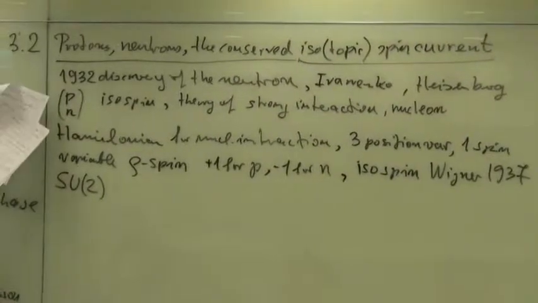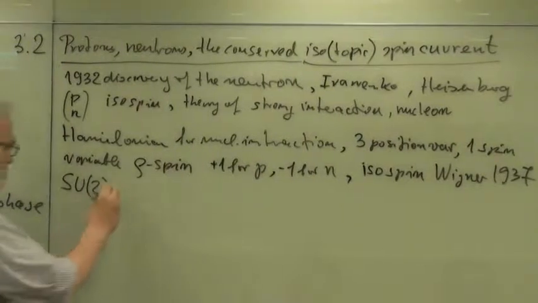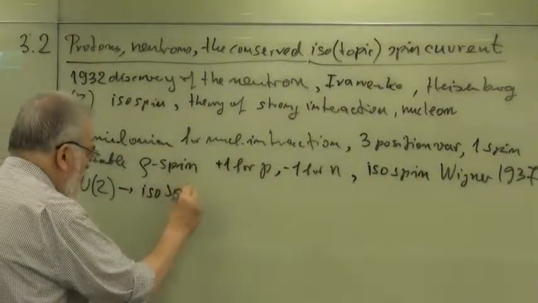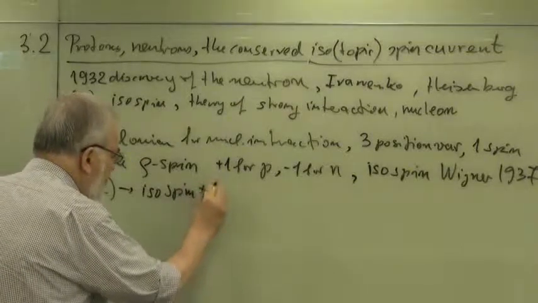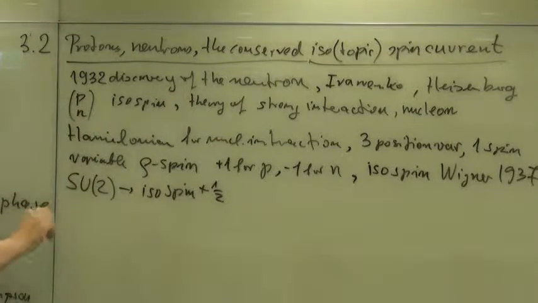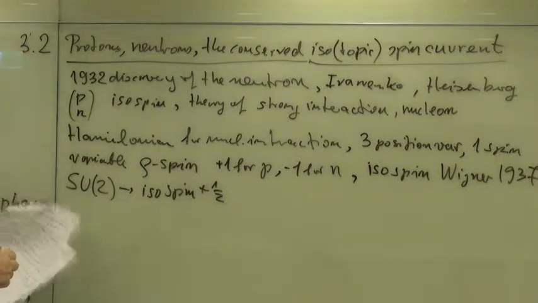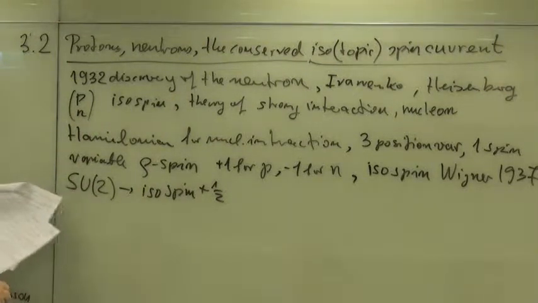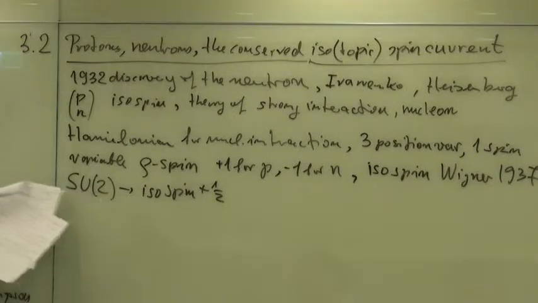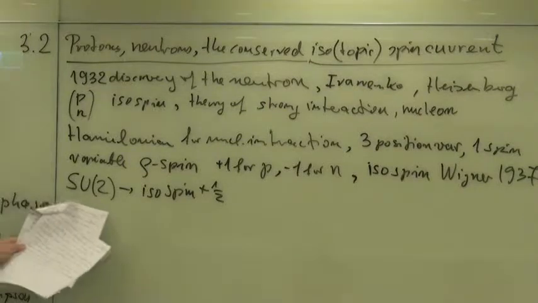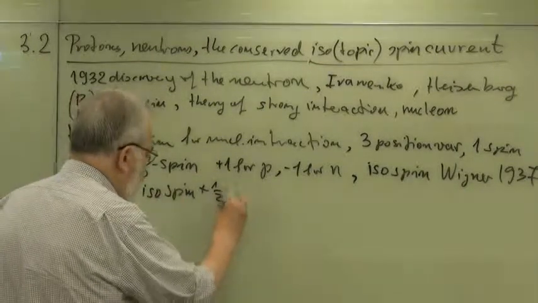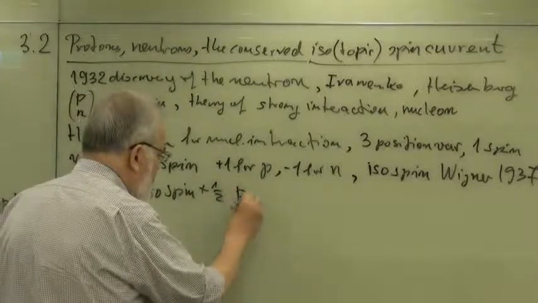So this is isospin. And then, so we have an isospin plus 1/2, this is all divided by 1/2 in order to put a doublet in the corresponding formalism of the orthogonal group. I mean, they are locally isomorphic to the SO3, as you know. So you have isospin plus 1/2 for the proton and